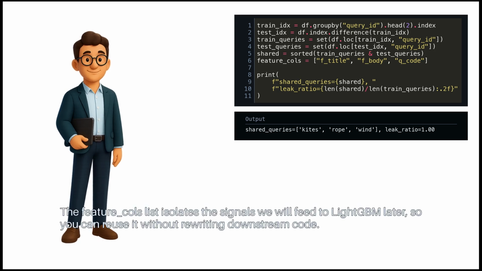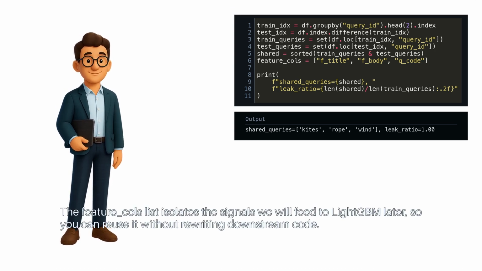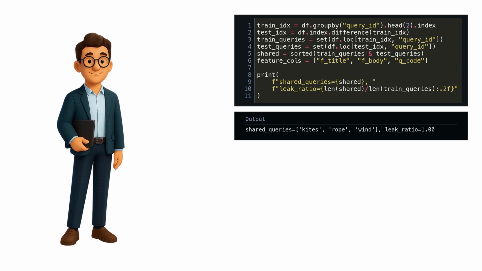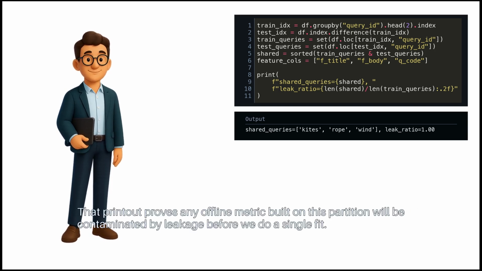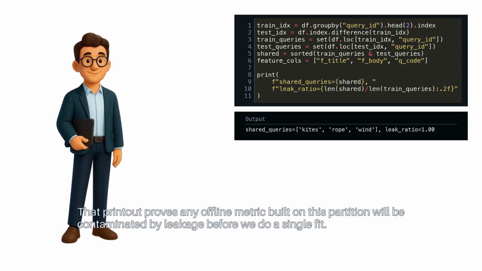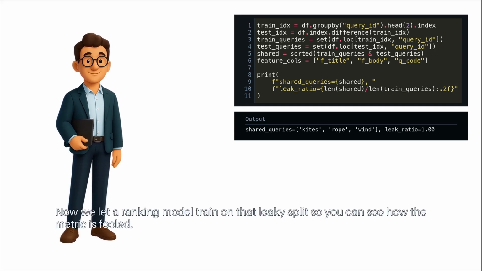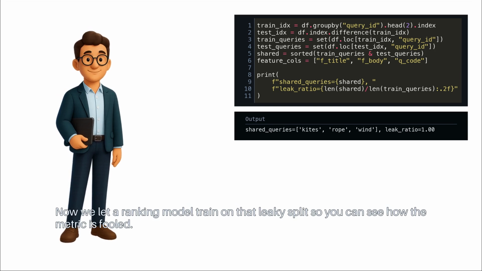The feature_cols list isolates the signals we will feed to LightGBM later, so you can reuse it without rewriting downstream code. That printout proves any offline metric built on this partition will be contaminated by leakage before we do a single fit. Now we let a ranking model train on that leaky split so you can see how the